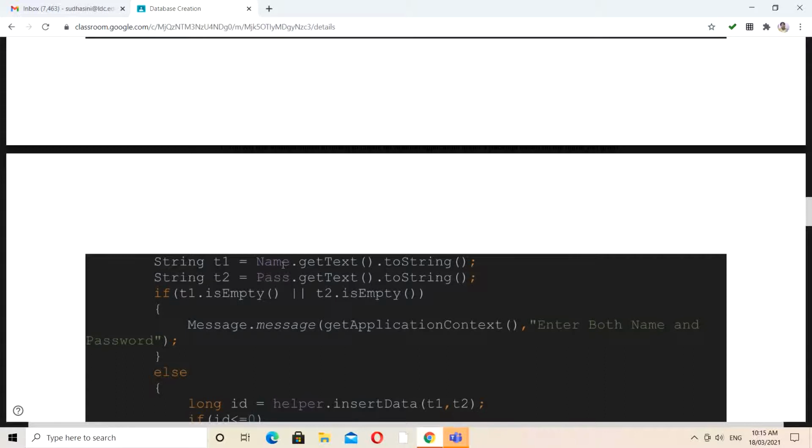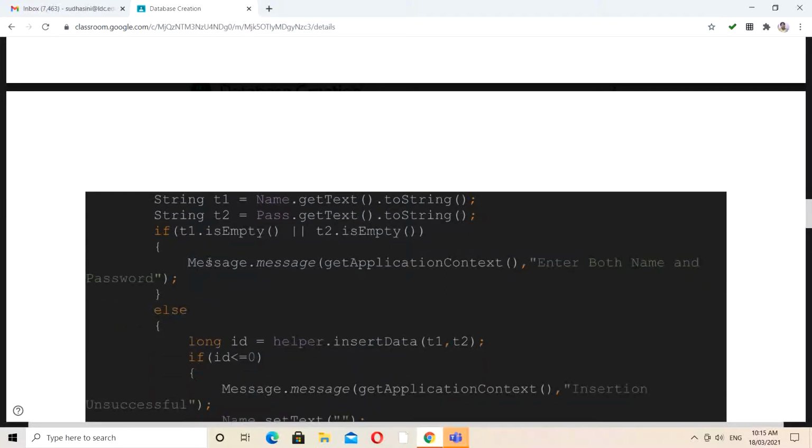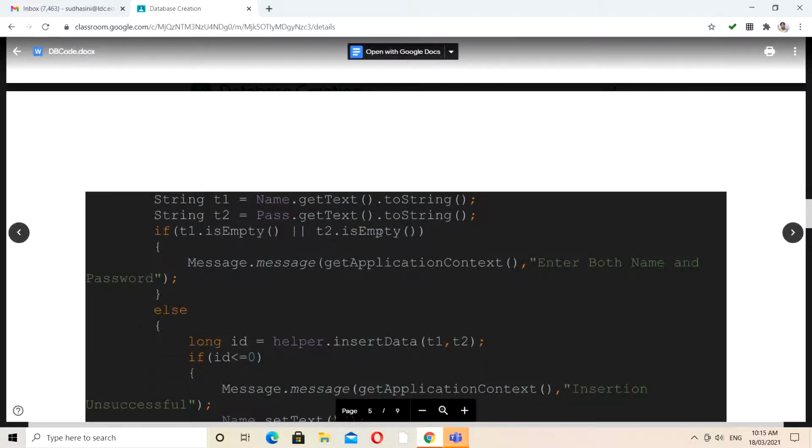This is the EditText box of your name, and this is the EditText box of your password. Then we are checking t1.isEmpty() and t2.isEmpty(), whether the name and password are empty or not.